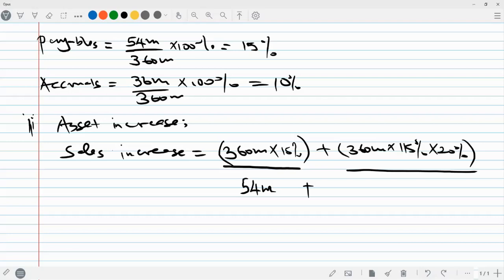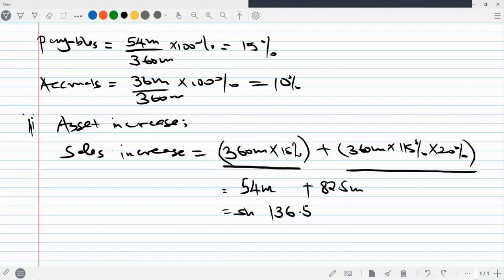The second one is 82.5. 82.5 billion combined. 136.5, so it is here. Yes. Therefore, within those 2 years, we extract that the increase in sales will be equal to 106.5 million. Okay, so since the sales are increasing, we extract that the company needs to invest